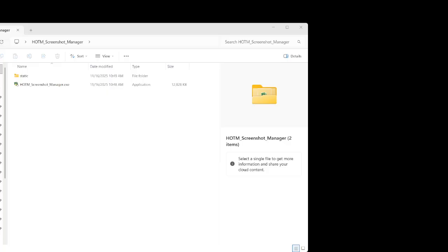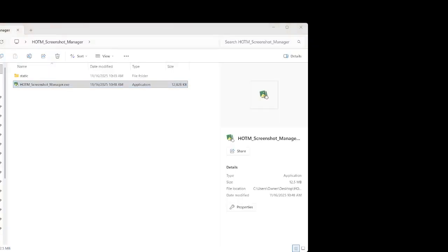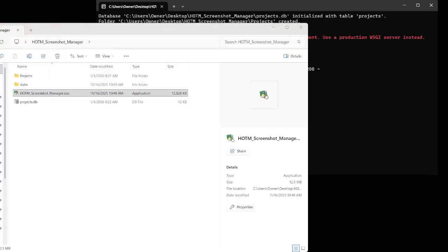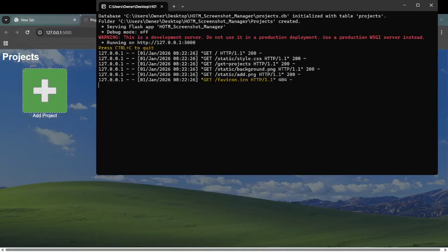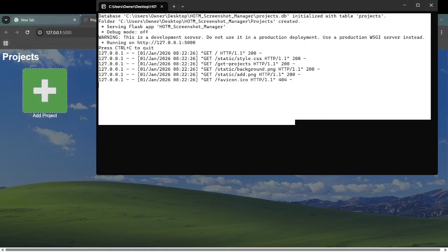Okay. Let me exit that, and then you need this one, the EXE file, and I'm going to show you. When you open the EXE file, it will open a console and it will open your browser. Let me just do that. Okay, I'm getting my browser open. So let's see, double click, it's going to open this one, and then it's going to open your browser. So it opens this one. This one is your